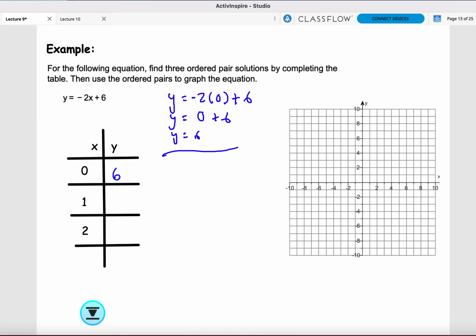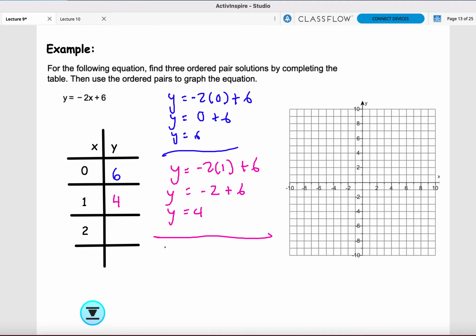Now we're going to switch to pink. Pink is going to be X is 1. So it'll be Y equals negative 2 parentheses 1 plus 6. Negative 2 times 1 is negative 2. Bring down the plus 6. You owe me $2, but you have 6, so you're still going to have 4 left over. So Y is 4. And then we're going to do the last one,